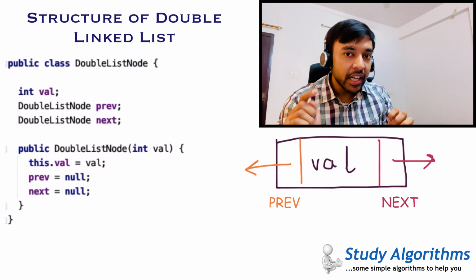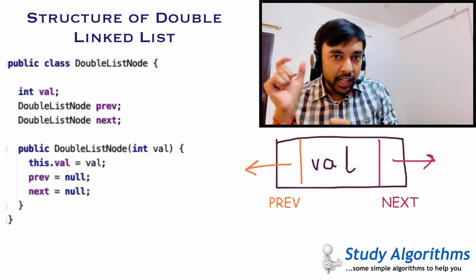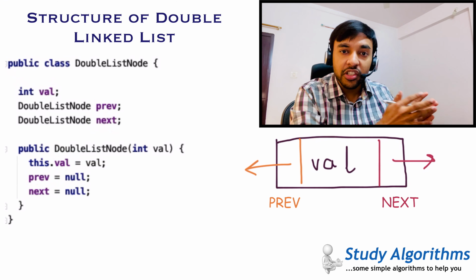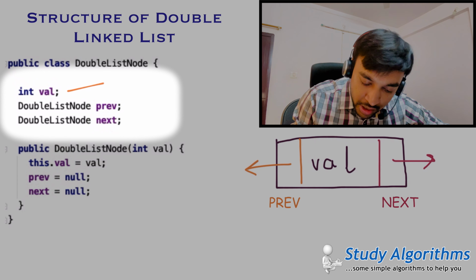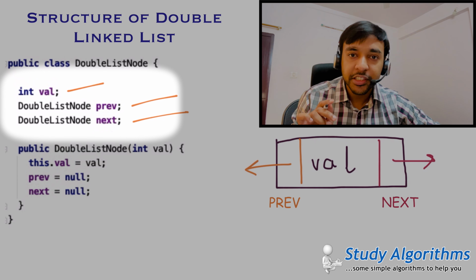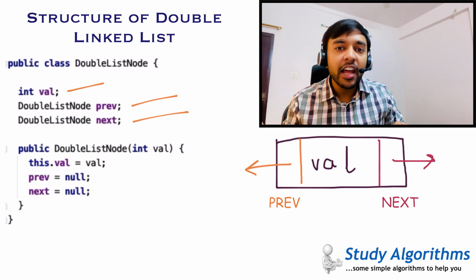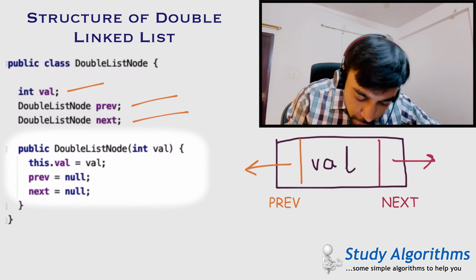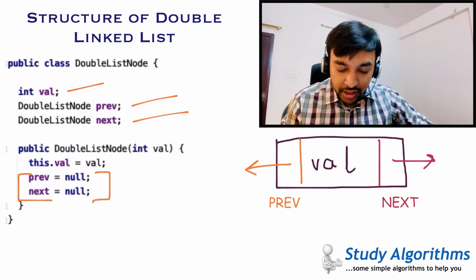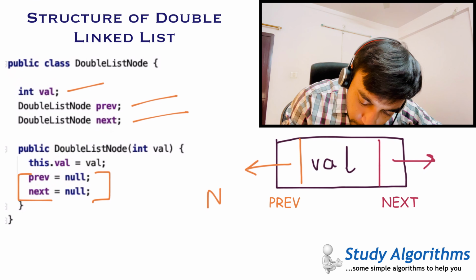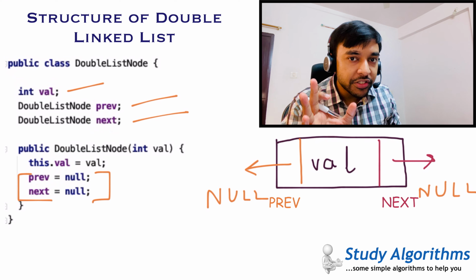This must give you some hint how a double linked list works. If you want to go in the next direction, you do a node.next, and if you want to go in the reverse direction, you do a node.previous. So in our code also, we assign a value, we have a previous pointer, and we have a next pointer. When you are creating a single node, then you do not have any values to the left or right. So what you will do? You will assign the previous and next to null. That means you cannot go in either direction. So the next and previous of this node would be null. This is how the structure of a double linked list looks.